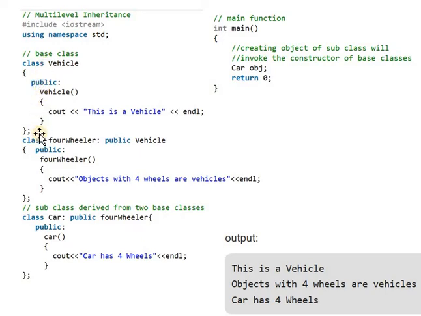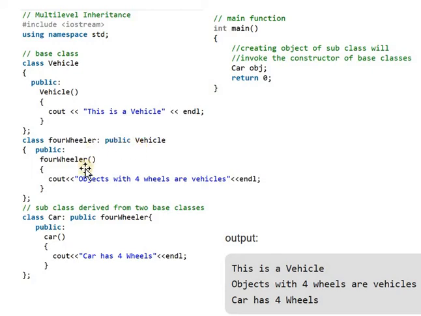Then next we create an intermediate class, FourWheeler. How do we define that class? By using the class keyword, then the intermediate class name, then colon, then visibility mode, and after the visibility mode we specify the base class name. Our base class is Vehicle.